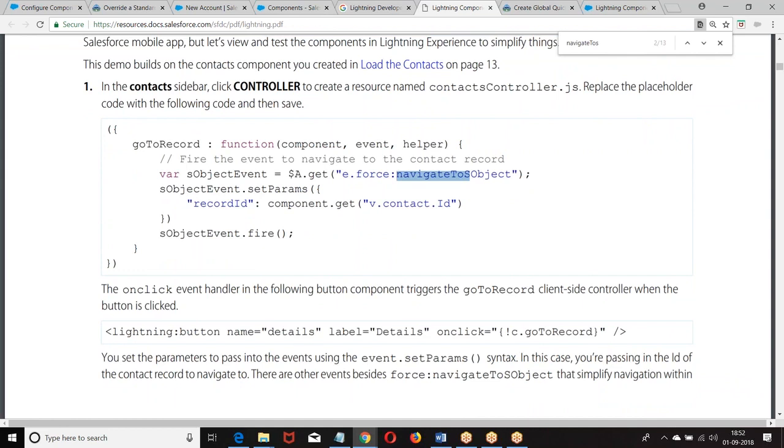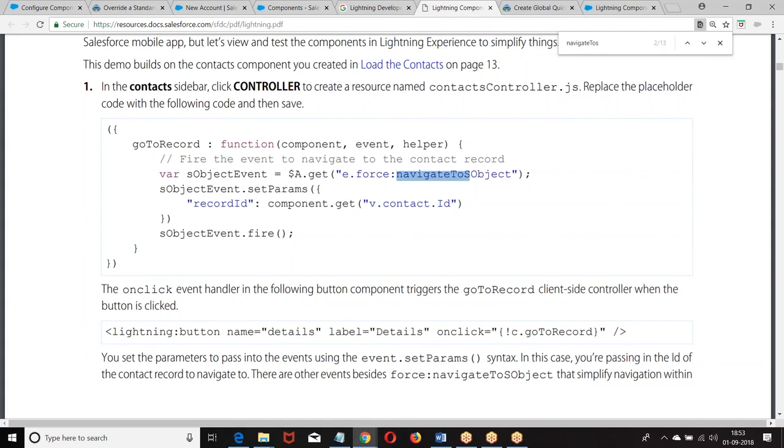Now we need to give which object. You navigate to a particular record, so we need to pass the record. What I am doing is recordId equal to the ID of the record. Once I send this data using LDS, the record will be saved. We get the record ID because in force:recordData we have the attribute recordId, and whatever ID we have taken, we store it in the attribute. I can simply say, get me that ID. Once you know the ID, I know how to navigate to that particular record.